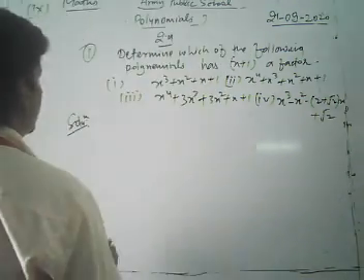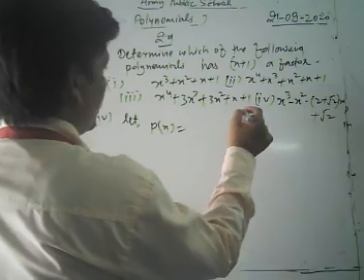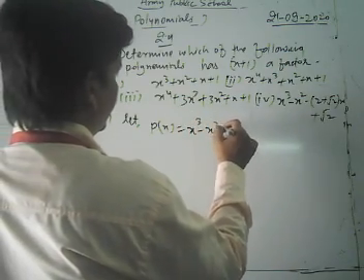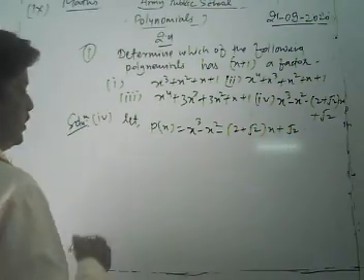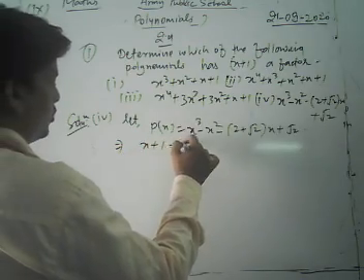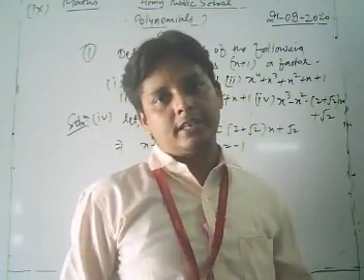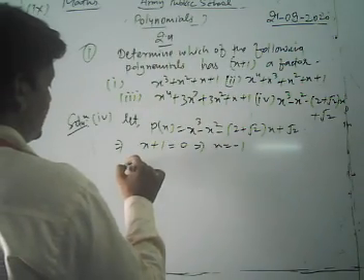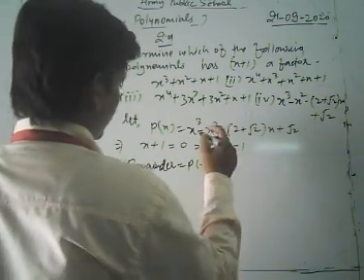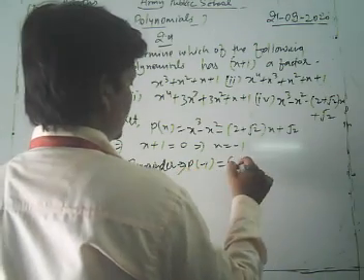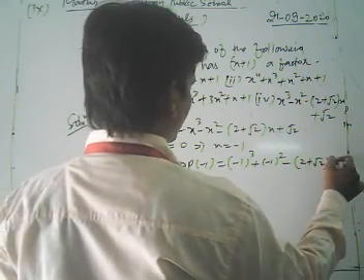Now look, the next part of this question, that is 4, where the given polynomial p(x) = x^3 - x^2 - (2 + √2)x + √2. Since we have x + 1 = 0, that is x = -1. Now here we again replace x by -1. Let's see, if we replace, the remainder is p(-1).